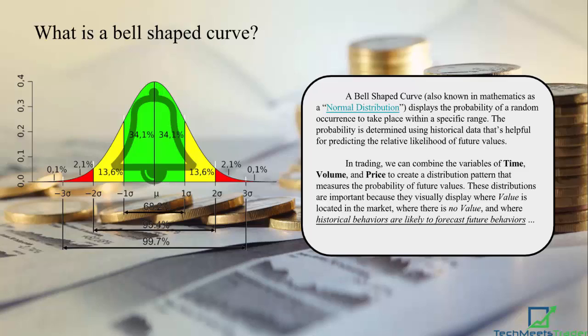In trading, we can combine the variables of time, volume, and price to create a distribution pattern that measures the probability of future values. These distributions are important because they visually display where value is located in the market and where there is no value, and where historical behaviors are likely to forecast future behaviors. If you've ever taken statistics in college or even a psychology course, you may already be familiar